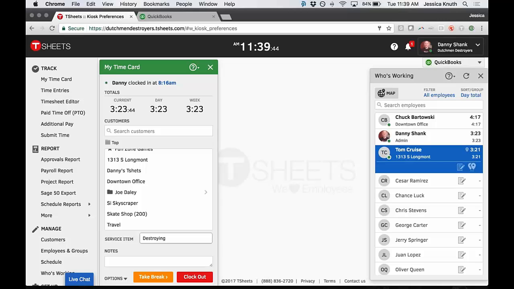It's going to actually do a scan of their face, so it's going to do some facial recognition to make sure it's that person that's actually clocking in. Going to put them on the job for the day. So those are just a few of the ways you can track time in Tsheets, but I'm actually going to